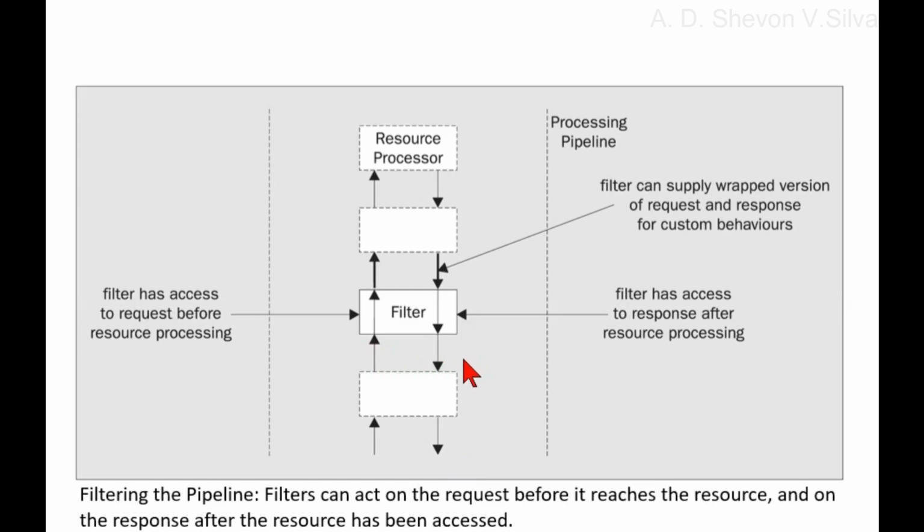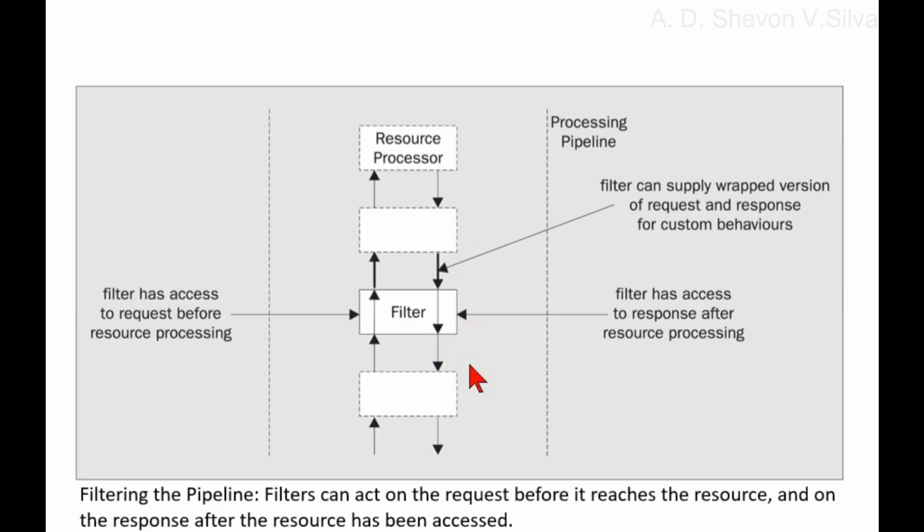Filters enable a developer to tap into the pipeline request and response processing. A filter can do its work just before a resource is fetched or executed in the case of dynamic output, and immediately after the resource is fetched and executed. It's even possible to inject custom behavior while the request is being processed by the resource. More specifically,